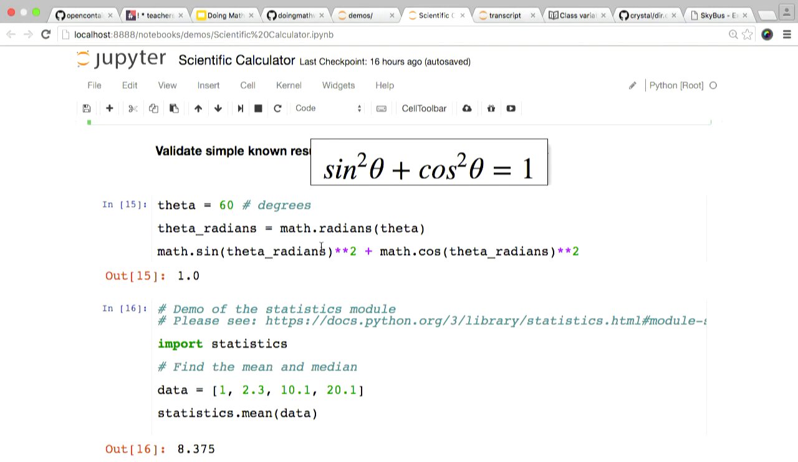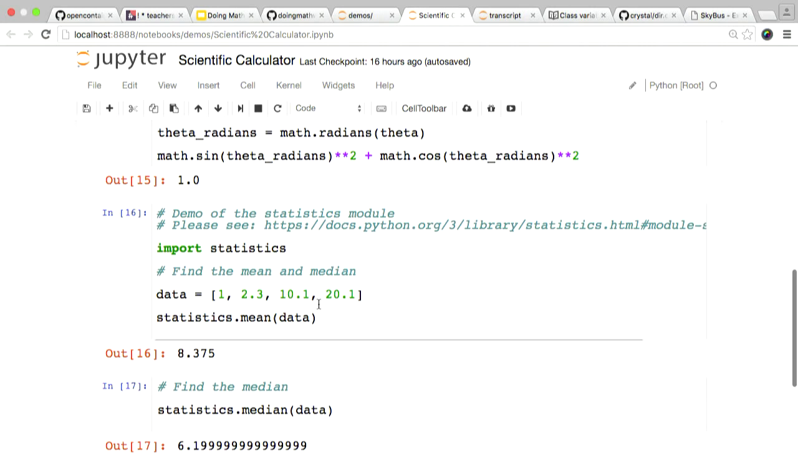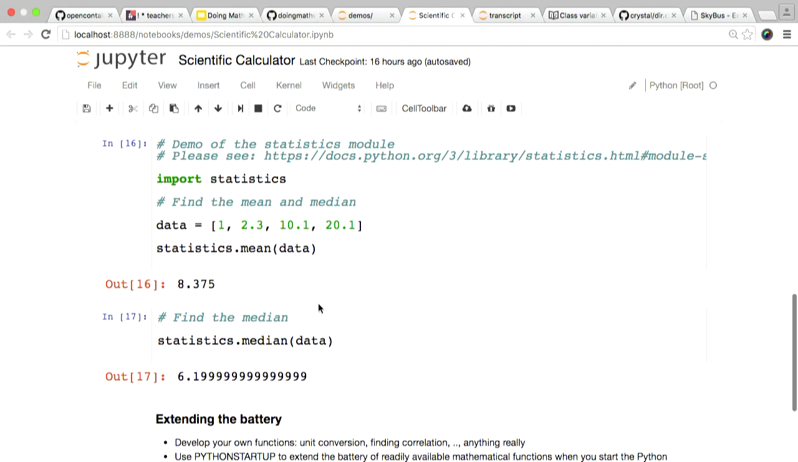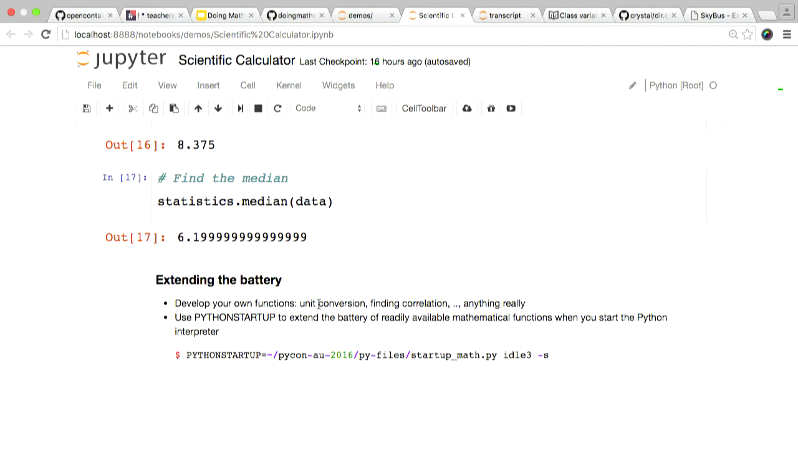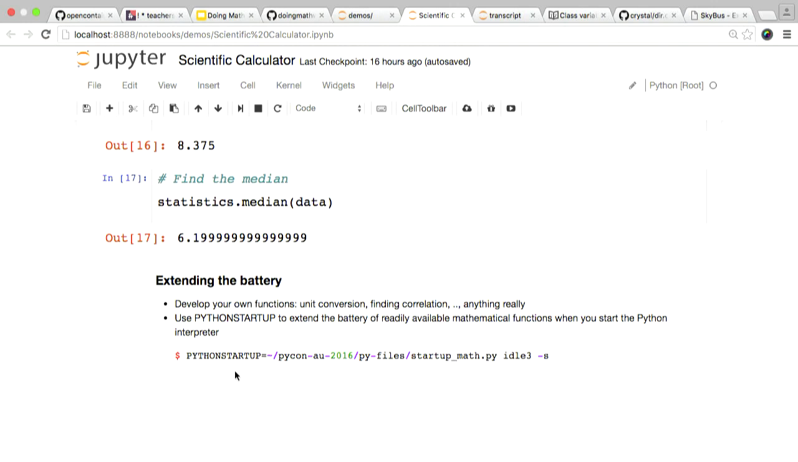And then a more recent one is the statistics module, which has the basic statistics functions. So you can calculate the mean of a data set or the median of a data set. You can use these as your building blocks and develop your own functions, of course. But what becomes more interesting is when you're using the Python startup variable, you can define your own functions. So for example,